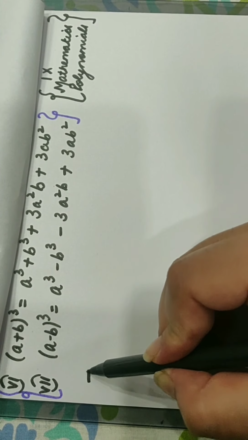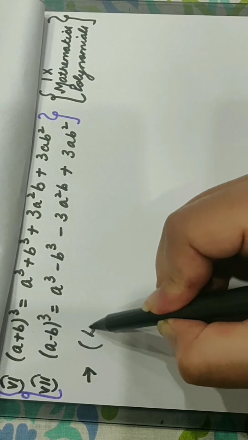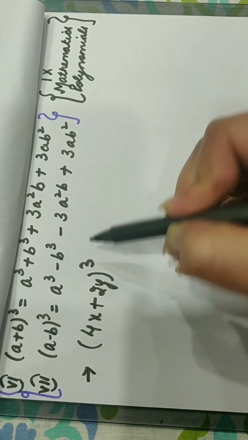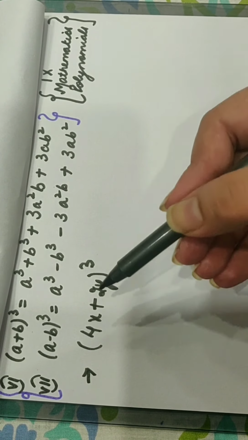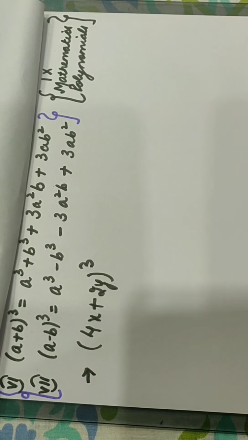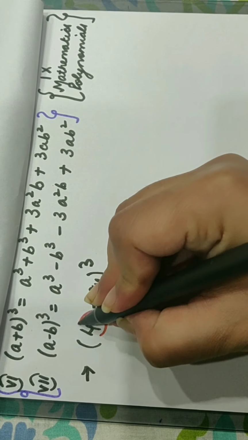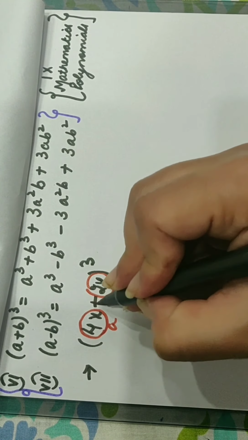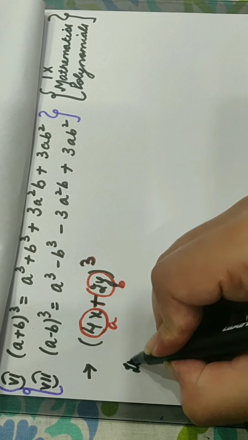Suppose the question comes, expand (4x + 2y) whole cube. First of all, observe which form this is. It is of the form (a + b) whole cube, where 4x is a and 2y is b. So (a + b) whole cube. We will write it is of the form